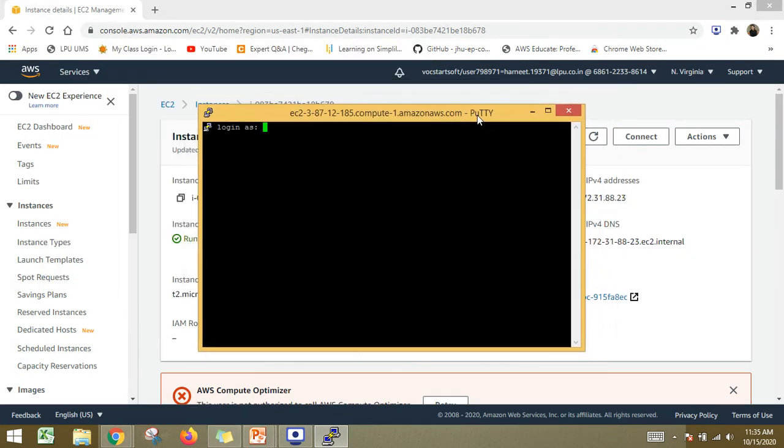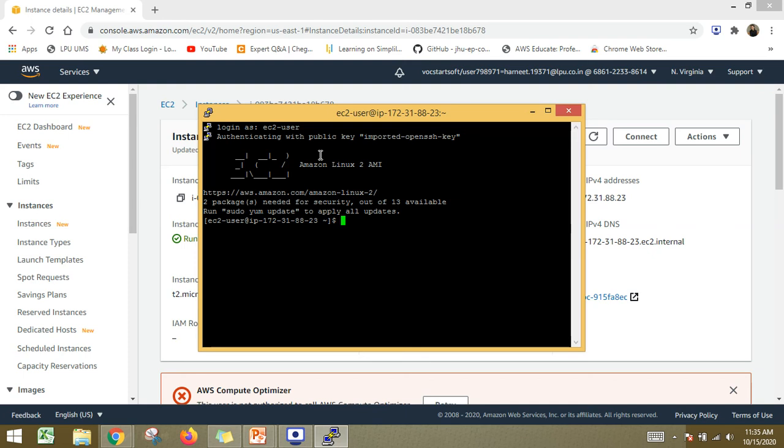Once you are provided access to this terminal, you always have to log in here as ec2-user. This is the login name. This is the default login name which you need to apply. As soon as you apply this login name, you will be authenticated with the key that you have provided here. So you are authenticated, right? Everything is done. Now you can check whether this is working. I'm using sudo su, the name of the command, just to get into the super user mode. I'm pressing enter. So from the ec2-user mode, now I am in the root mode.